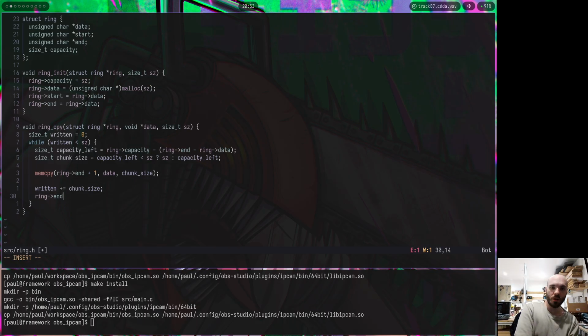But that doesn't always work because start and end is actually head and tail, and tail could start eating the head. So what I need to do instead is